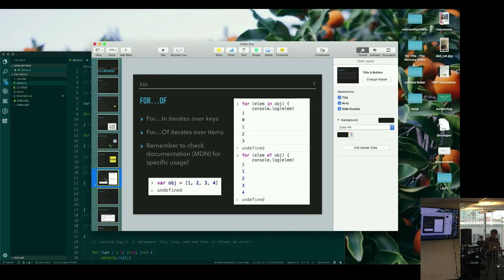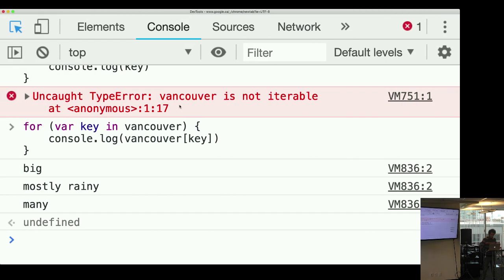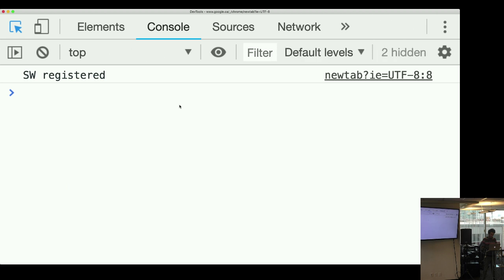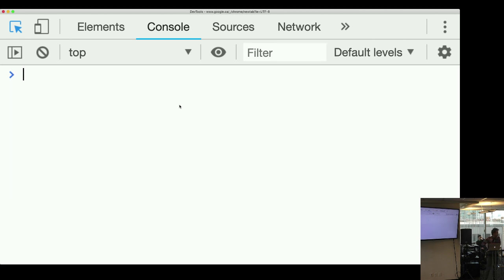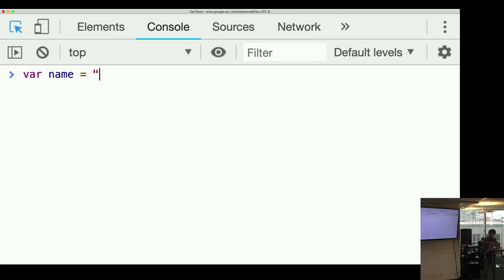Cool. Next thing over here is let and const and var. let and const and var are a bit of a weird situation. Up until ES6, we had var. If you wanted to make variables, you'd have to say var name equals Steve. I'd have to use var every time. Var has some weird behaviors, or some kind of unexpected behaviors if you're not fully familiar with what's going on underneath. So I'm going to